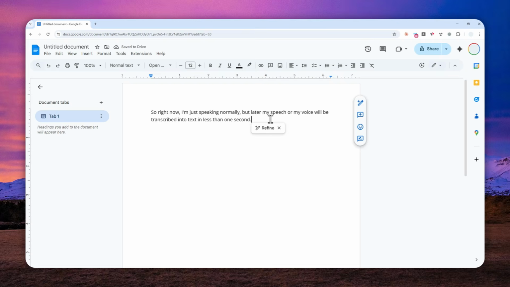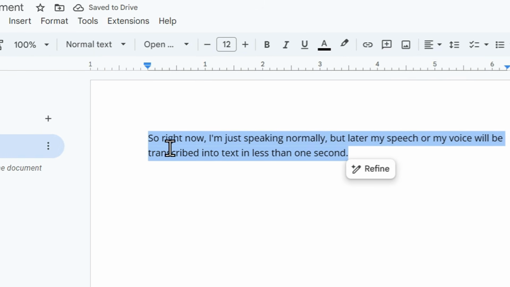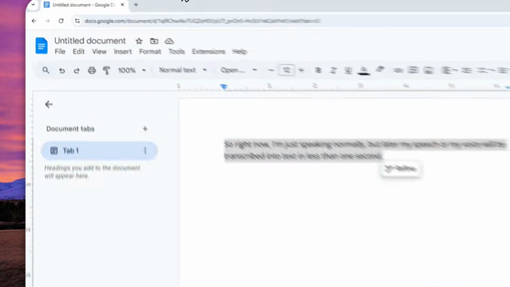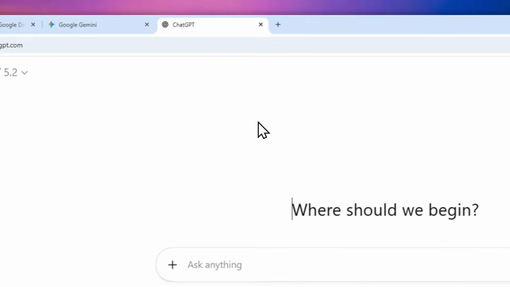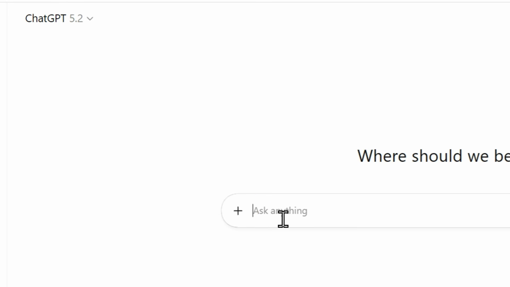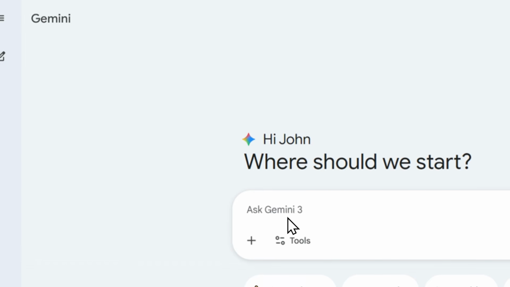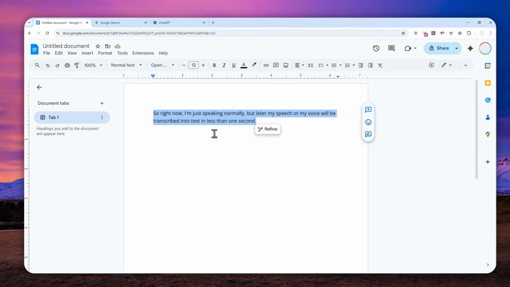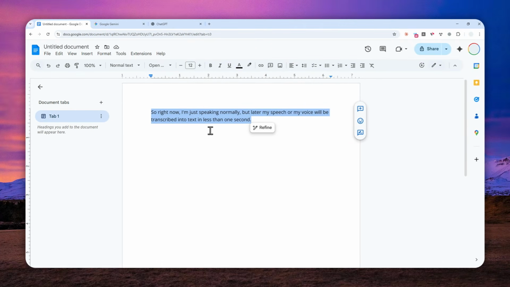So that was one example where I was able to speak normally, but AI is able to transform or decipher my speech into this readable text. And this technology, at least for me, was quite a game changer because now when I'm working with tools like Gemini or perhaps ChatGPT, I don't have to type the prompts manually. I can just say it out loud and then I can get the prompt. And of course, this technology can work when I'm working with documents or perhaps chatting via apps like WhatsApp, Telegram,